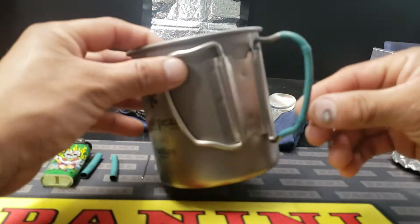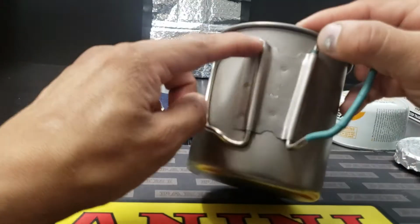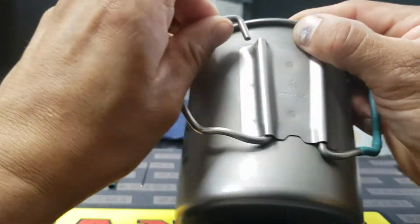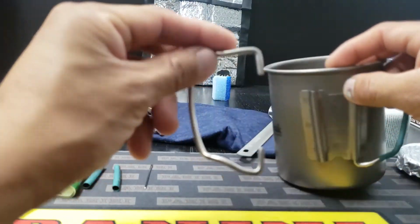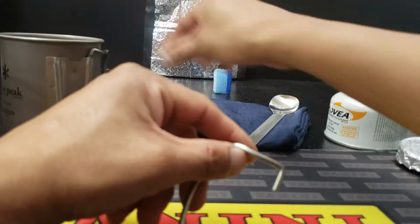So now back to the handle. This handle is very easy to remove. You guys just have to pull it out. I noticed that it's easier to pull it from this up part than from down. So you guys put it up, pull it up, and then remove it. Okay, I'm gonna put this by the side,